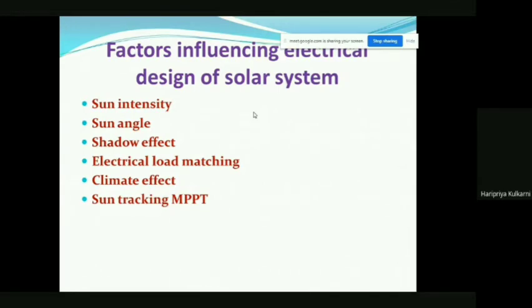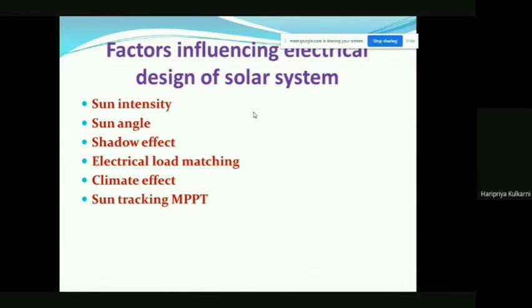If we track the sun along with the direction of the sun from east to west, then definitely we can extract a large amount of energy as compared to a fixed structure. I mean, suppose our rooftop system is with a tilt angle of say 45 degrees, then when the sun angle is 45 degrees, the sun will be exactly facing the collector, right? The solar rooftop system which we have placed. So at that time it is going to extract the maximum power.